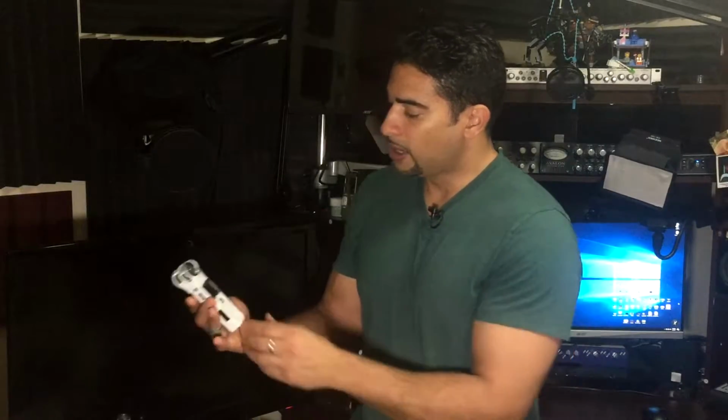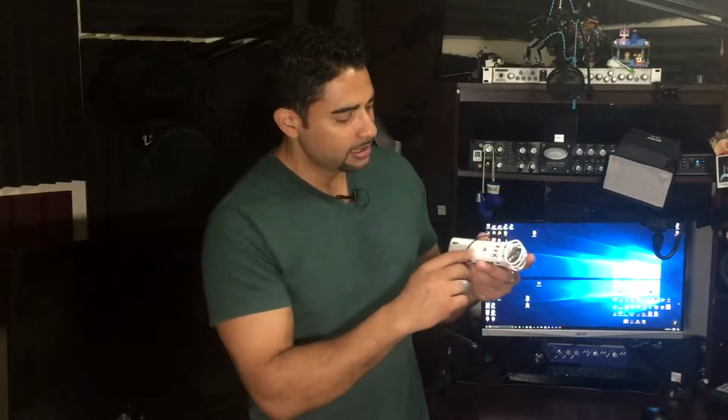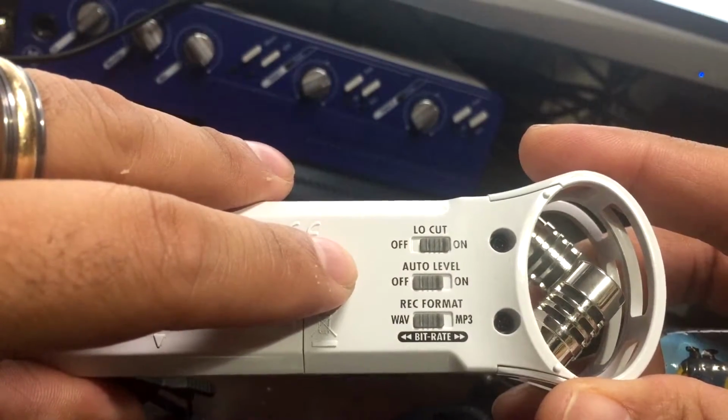All right. And also, I want to talk about the back part of it as well. We have your low cut filter. I like to have this on. This takes away that low rumbling noise that may be caused from just room noise in general, or your AC, or maybe the computer humming in the background. That'll help reduce that noise